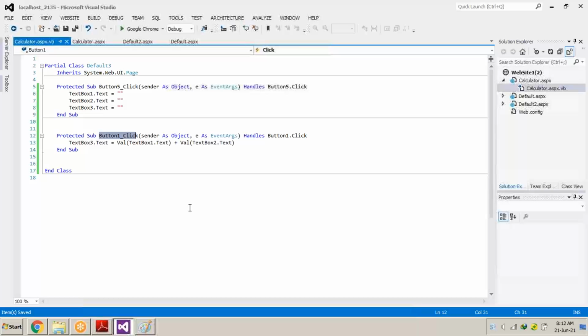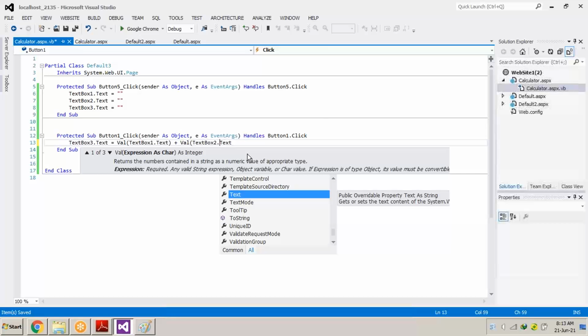Find out. Okay. Now you can see I have written something in brackets, opening bracket like VAL, val. Val stands for value. If I write val bracket text box 1 plus val bracket text box 2, that means the value inside text box 1 and the value inside text box 2 will be added, and the result will be shown in text box 3.